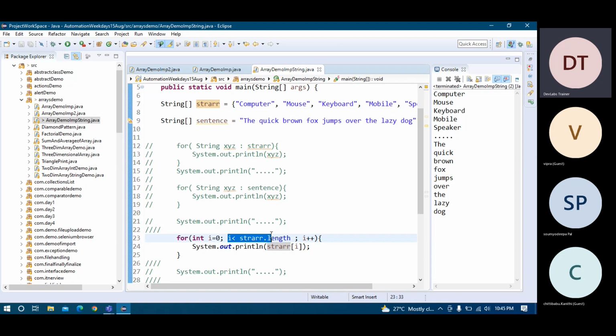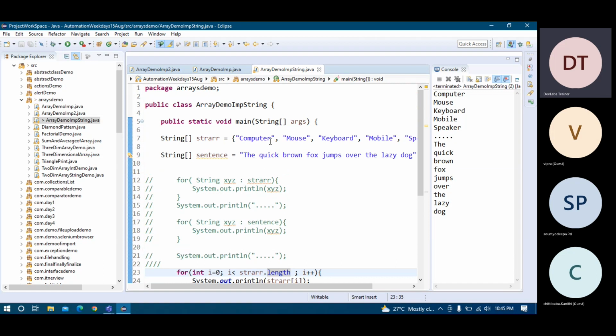Then for the condition I'm putting I is less than str dot length, not less than equal to. Don't do that, because you know for array, the size or the length of the array and the index is always less by 1. So that's why we are putting less than only, not less than equal to. If you put equal to, it will try to access an index which is not possible.